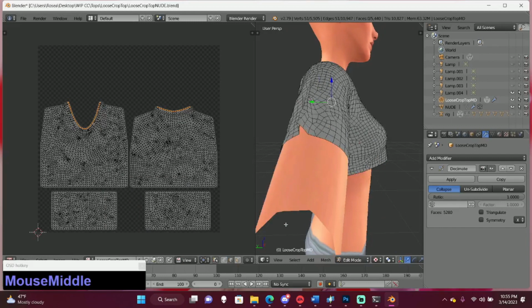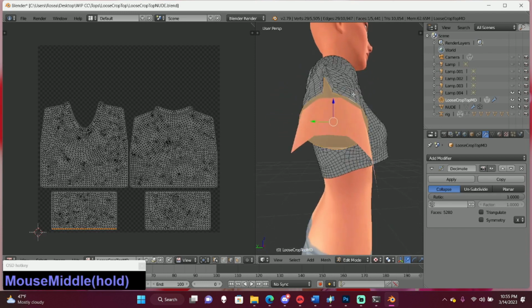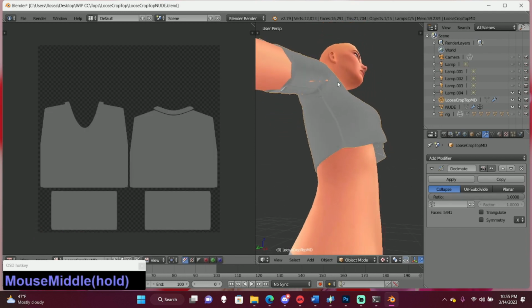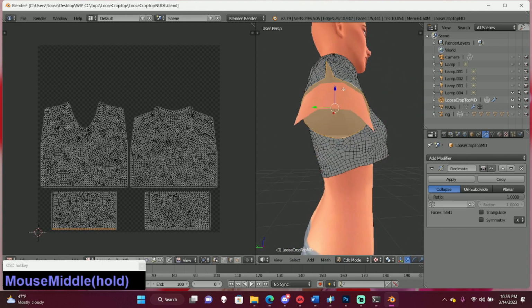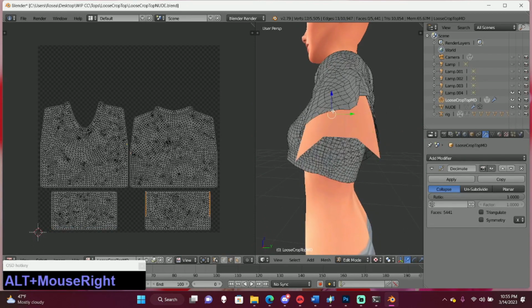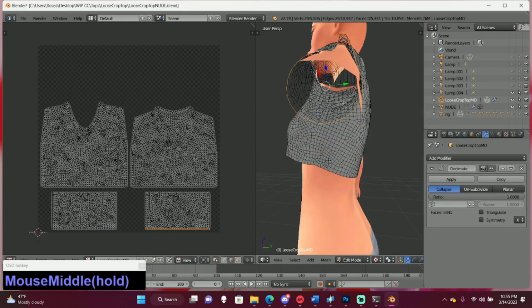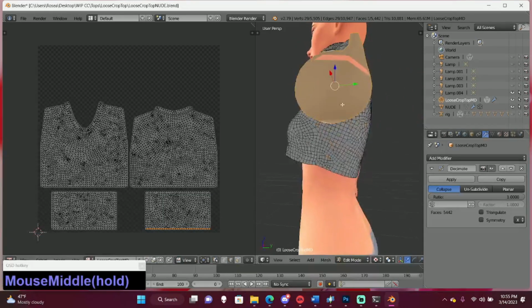And then do the sleeves. So this is a good example of a place that might work to fill, because of that little spot right there. So you just press F and it just makes one face.